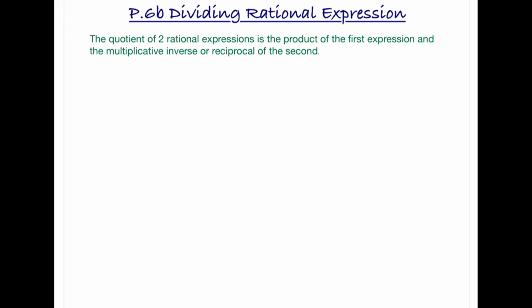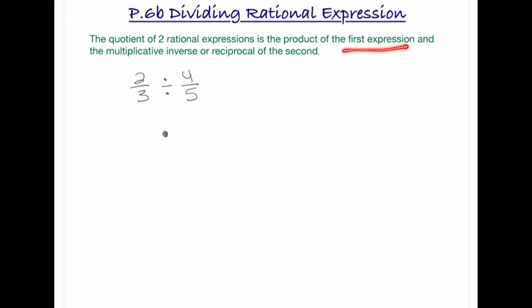So let's go through some problems, some little problem strings. Start off with a basic problem. Let's say we had 2/3 divided by 4/5. Two rational expressions. Do we have two fractions? Yes. Quotient, dividing. So we're just going to divide these two fractions. How do you divide two fractions? You do the product, or we multiply, we're just going to put a dot right there in the middle for multiplying,